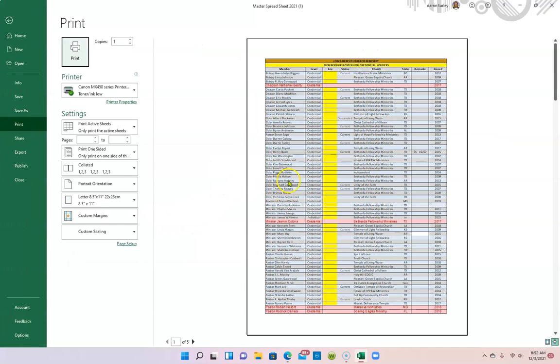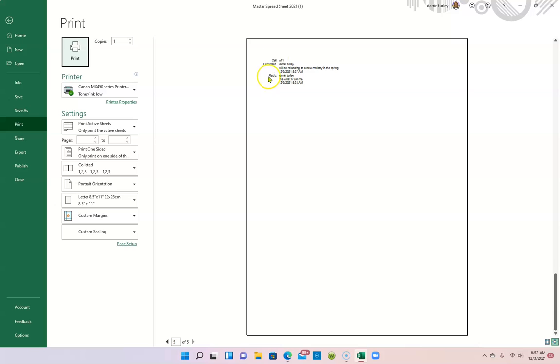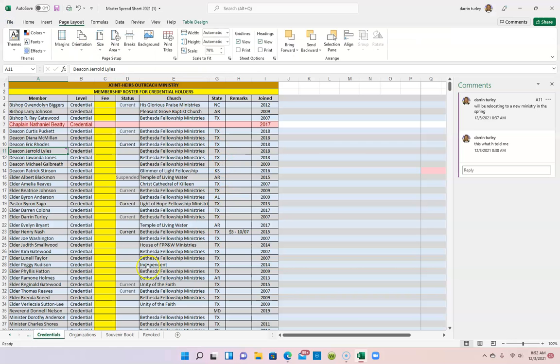Under your print preview, now you have an additional page. If you scroll to your last page, you see the comments that were saved on a separate sheet. We go back to